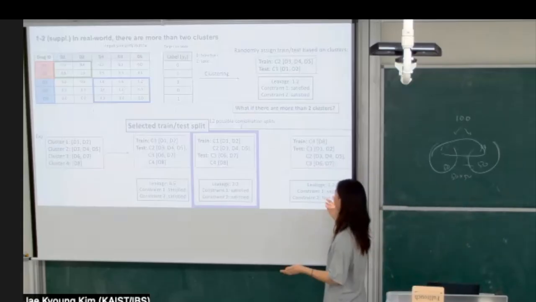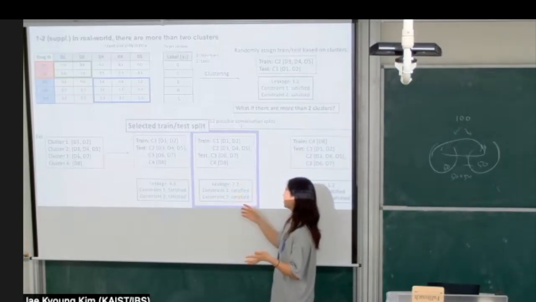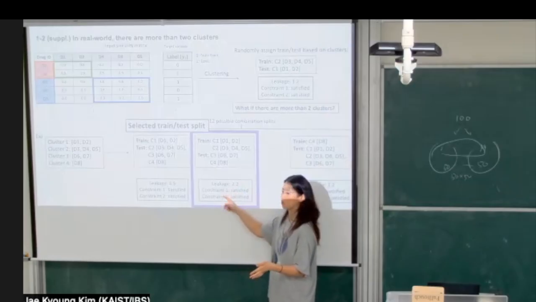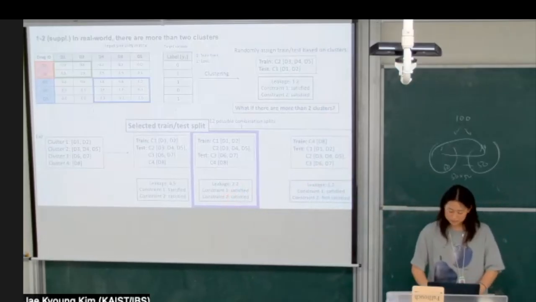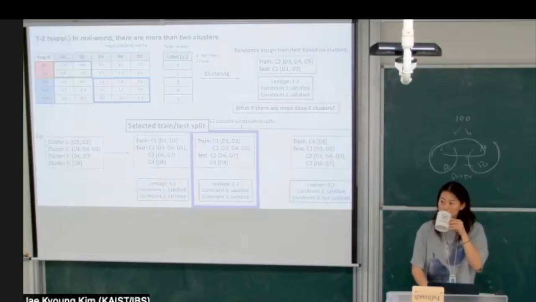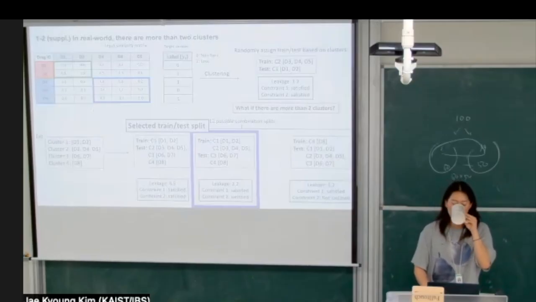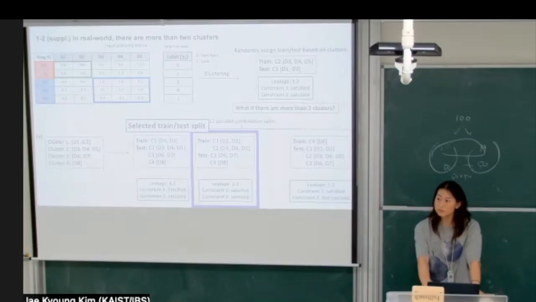What we do is we select the lowest leakage and the split that satisfies the 2 constraints. So that's how it's selected. Oh, can you go back? Sorry. So, among the satisfied, we want to select the minimum. Yes. But that means the 80 to 20% split ratio is maintained, but the train test set similarity is low.